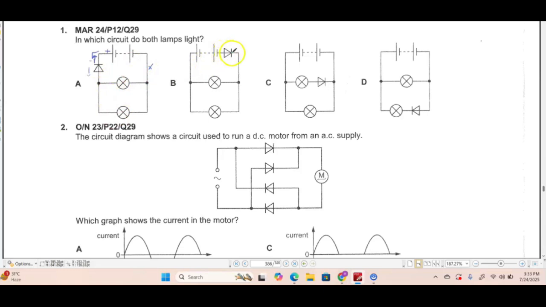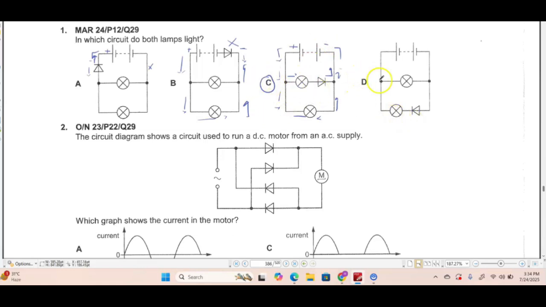Okay. We have this circuit. So the current is going to start to flow in this direction, and when it reaches here it has to go back because the diode won't allow it to move any further. So the circuit is not going to get completed, so B is also not the correct option. In this case, the current is going to start to flow. It is going to go here, light this lamp, then go here, then here. The current from here is going to also join here and go to the negative terminal of the battery. So C is our correct option.